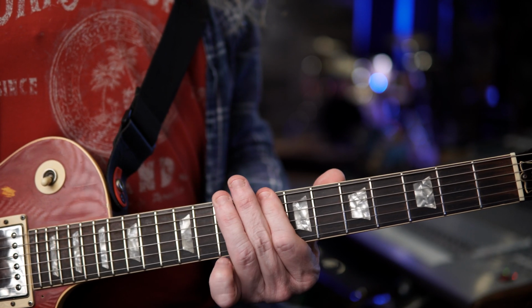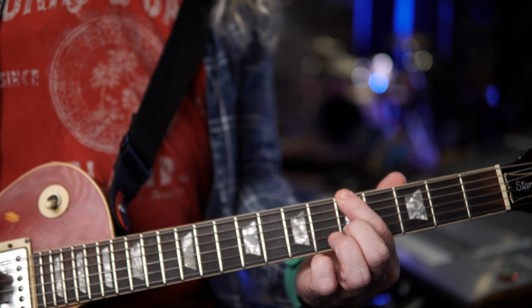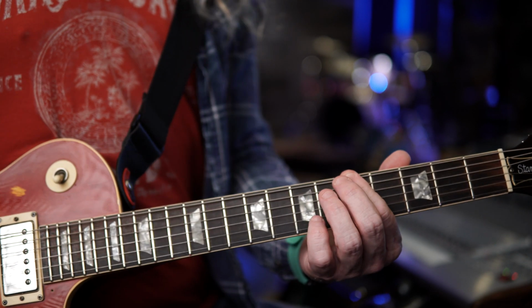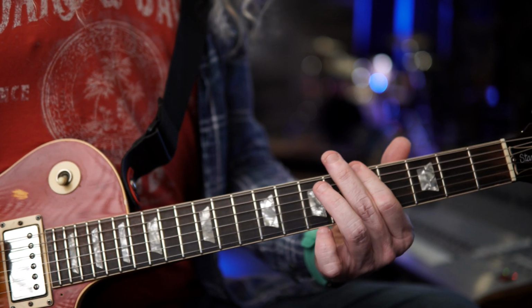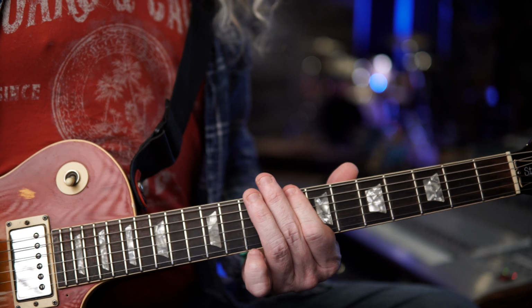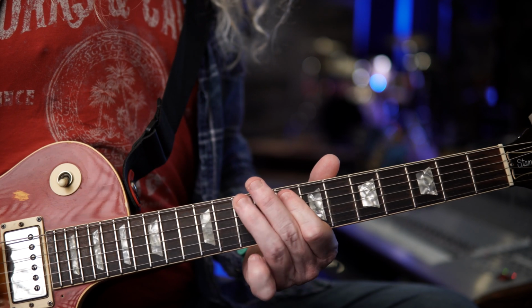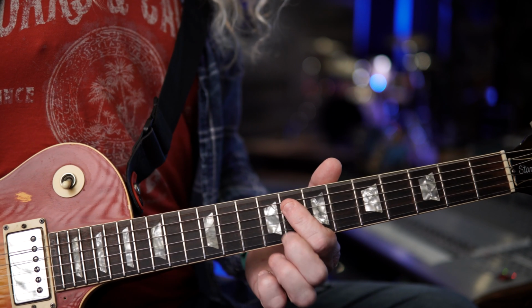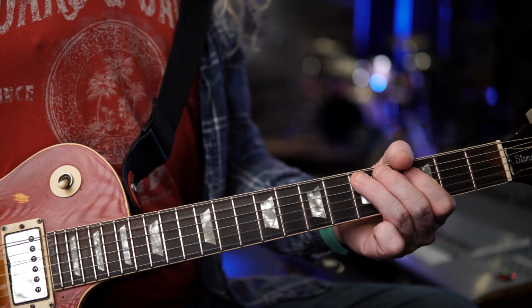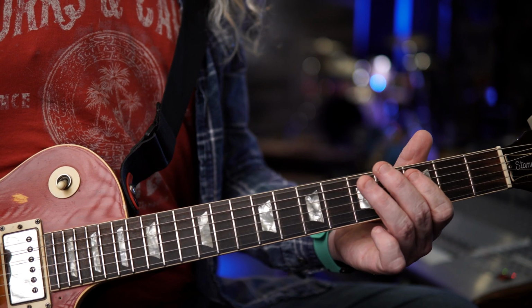And that's a tricky move, and there's no open string available to give you that G. So you get the repeat, then back to the drop D twice,